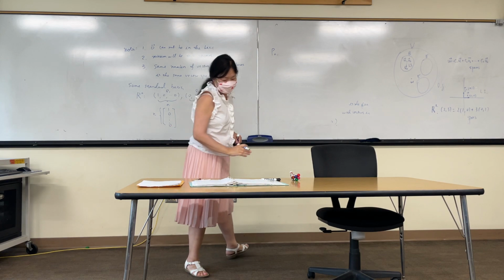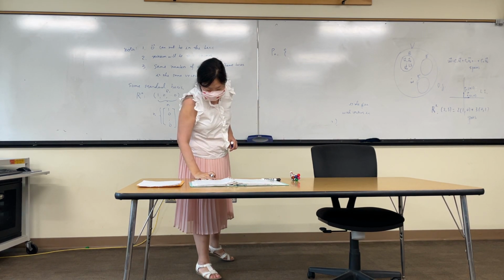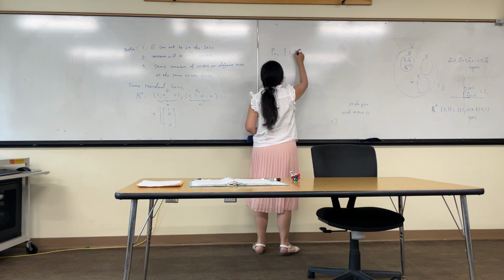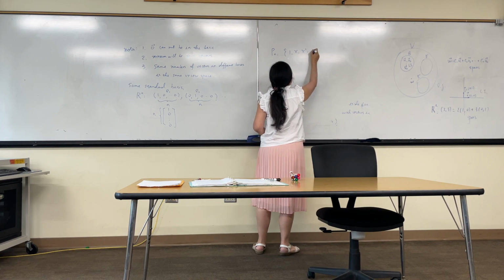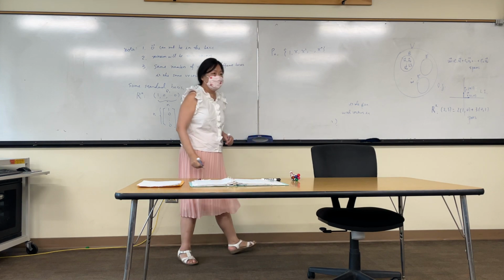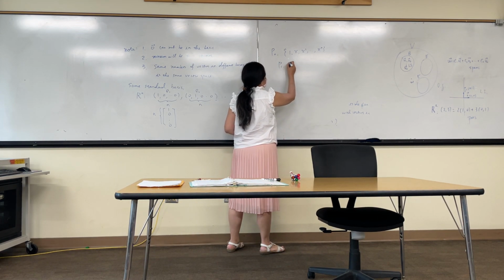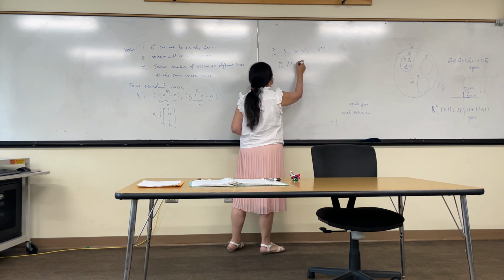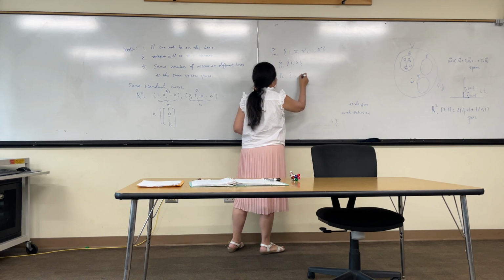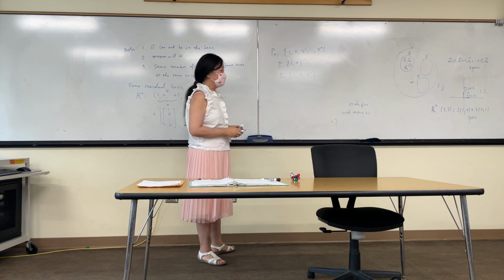For Pn, they have a 1, x, x squared. And then for instance, P1 will be what? 1, x, y. P2 will be 1, x, x squared. Okay? So matching